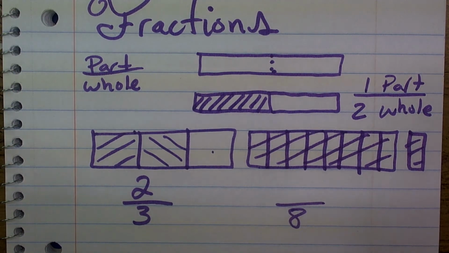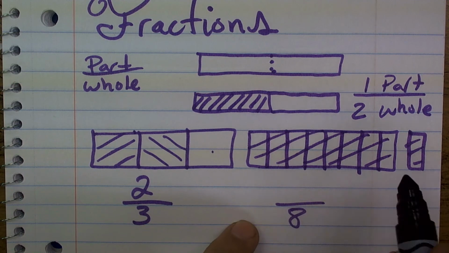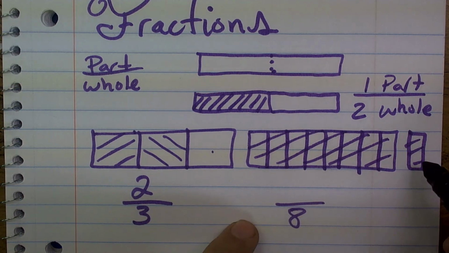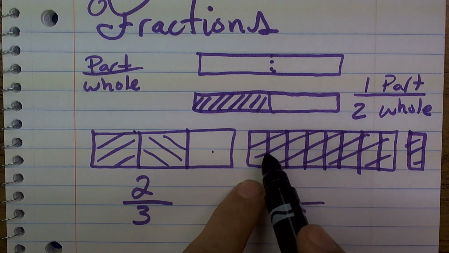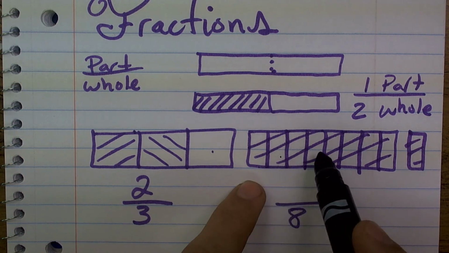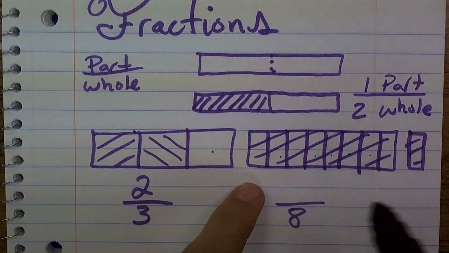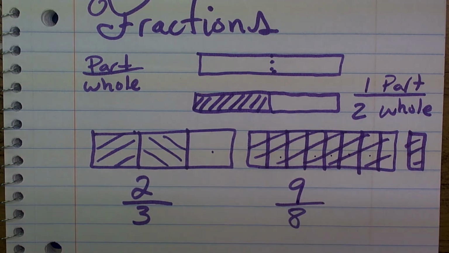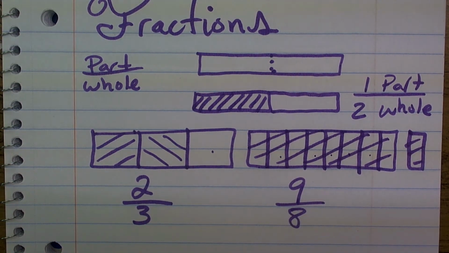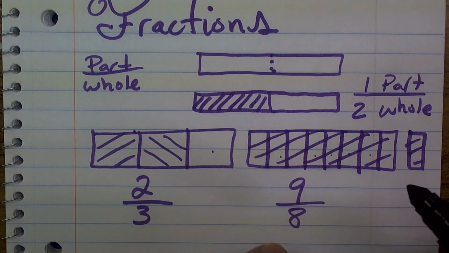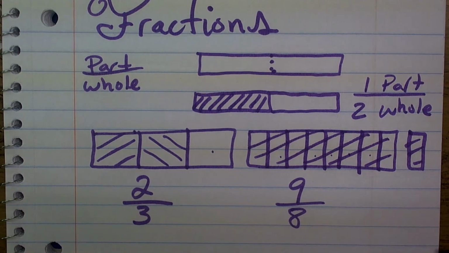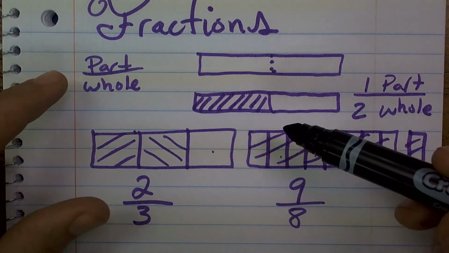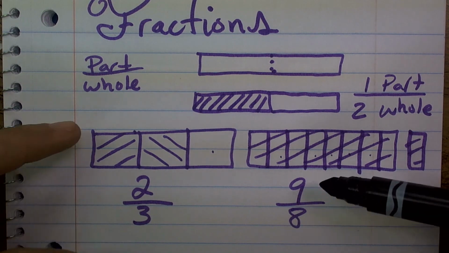Now, it's important for you to understand that if you have an extra part, that's just an extra part of how many parts you're selecting. So the total number of parts I have are 1, 2, 3, 4, 5, 6, 7, 8, 9. Okay? So this is what we call an improper fraction. And it's also important for you to understand that an improper fraction we can write as a mixed number. I don't want to be dealing with mixed numbers when I'm working through this video series with you. But if you can just understand that the part over the whole, you can sometimes have your part